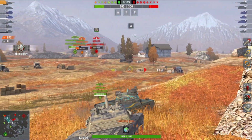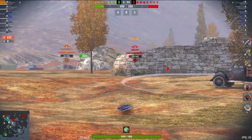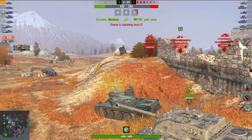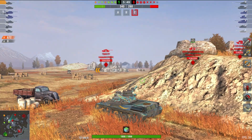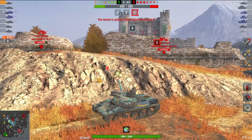Now, if you like your relatively fast and relatively inaccurate medium tanks, then the 30B is a really good fit for you. If you're a seasoned Meds player, it's also a really good fit, but this tank is certainly far from noob friendly. I find the 30B a really tough tank to play, tougher than the Leo 1,